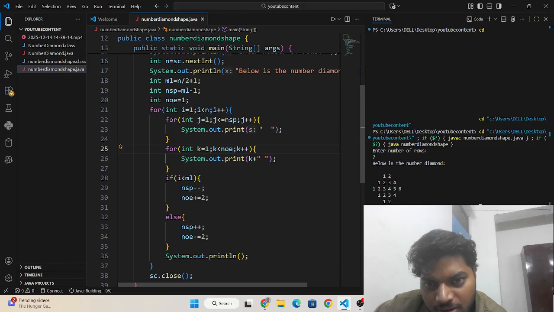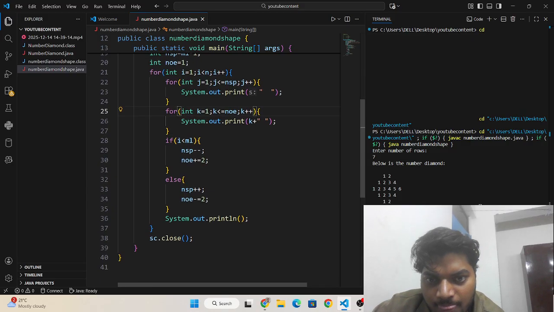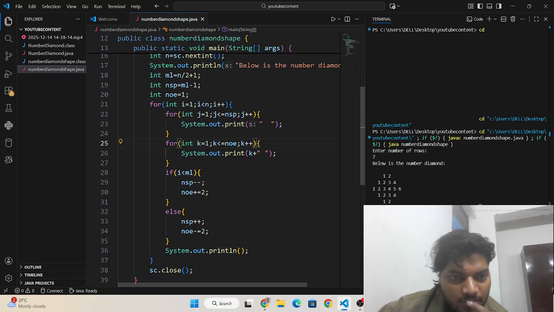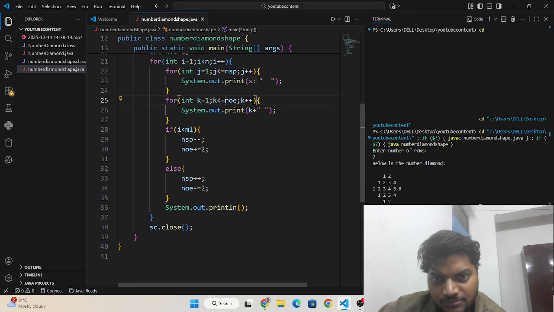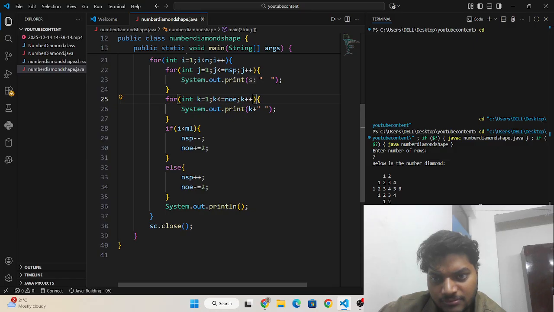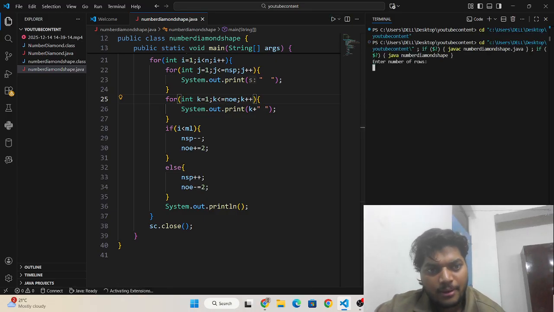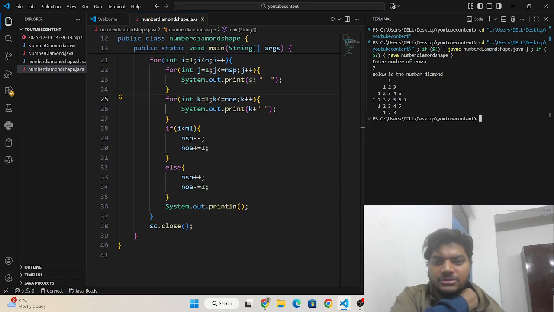Number of equal to 3 into 5. I'm going to run it again. 7. 3 and 3, 6. 1 is not printing in the last.